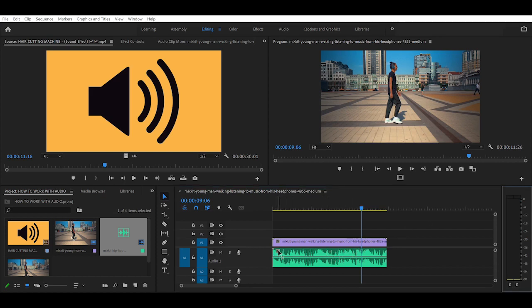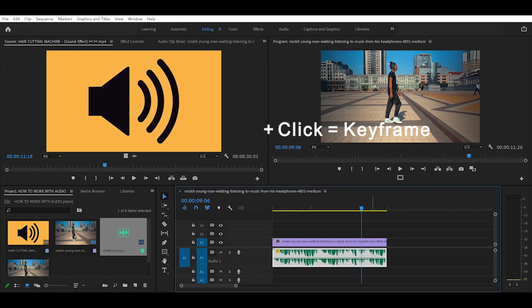You see this line right here, so I tend to click it and drag it down a little bit. Okay, then I hold my control key on my keyboard, then click and create a keyframe here. Then towards the end, you click and create another. Now you have two keyframes here. What you need to do now, the last keyframe, you drag it down to 0, and the first keyframe, you right click,